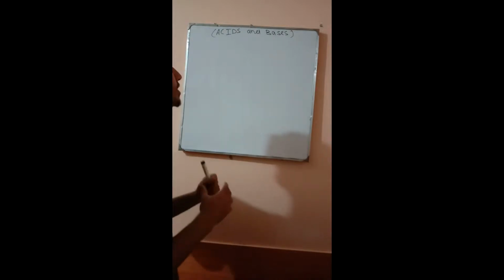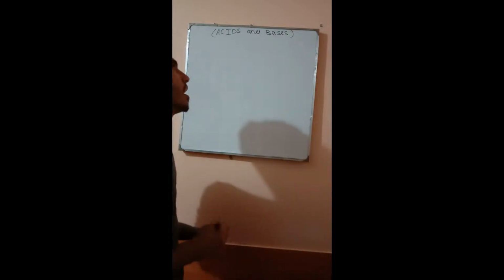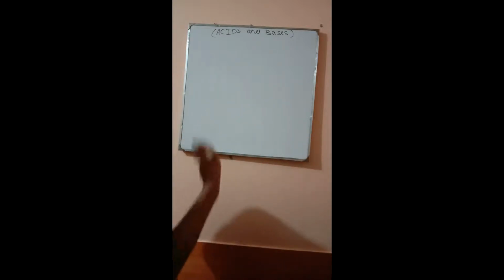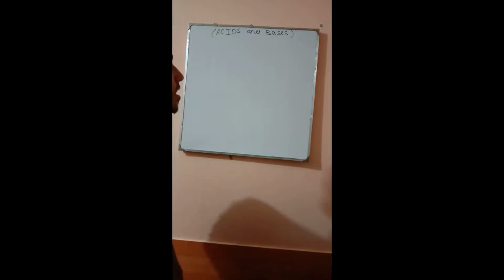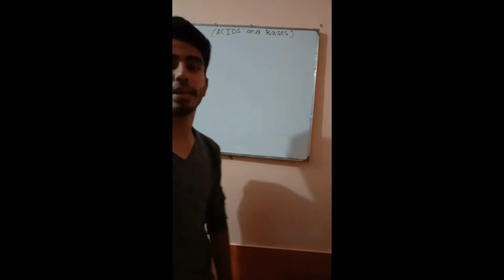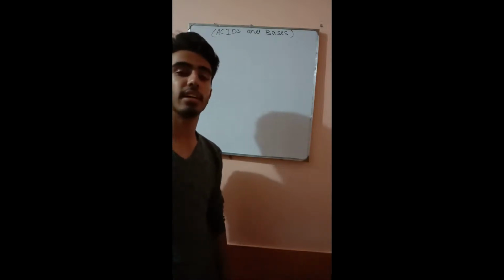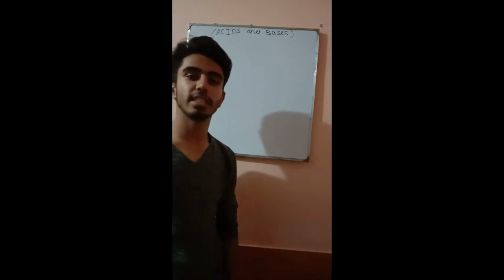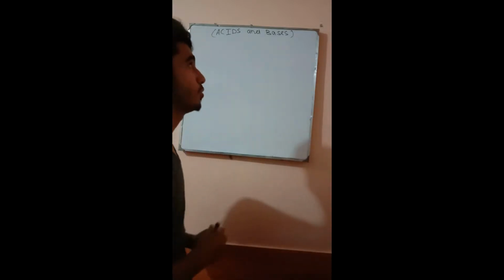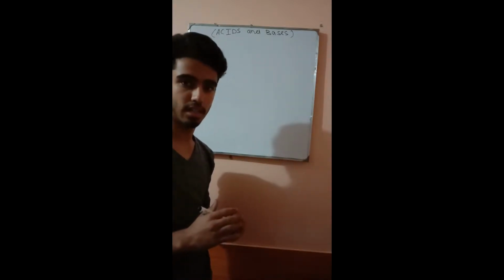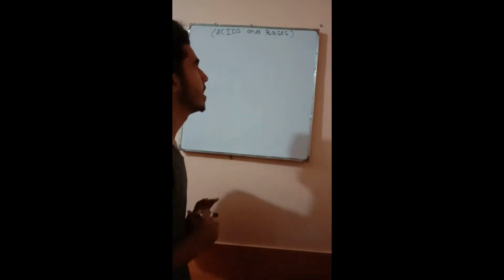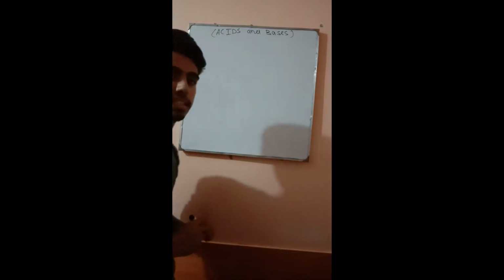This video is just an introduction of acids and bases, and in further videos we will also explain their concepts. Acids and bases have three concepts. The first is the Arrhenius concept of acids and bases, the second is the Bronsted-Lowry concept, and the third is the Lewis concept. We have to read all three concepts of acids and bases, but in this video we'll just go through the introduction.